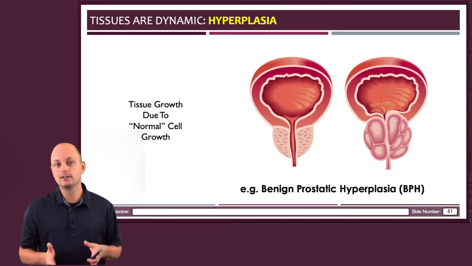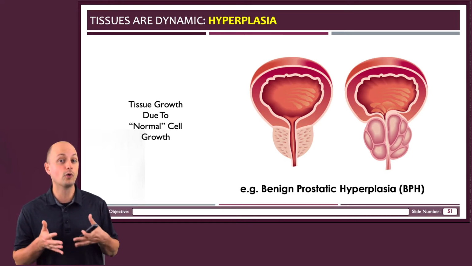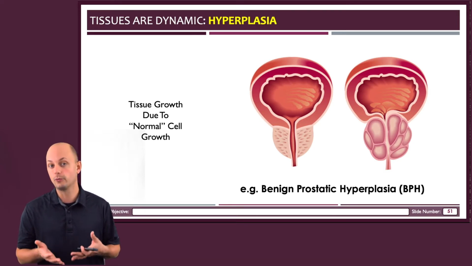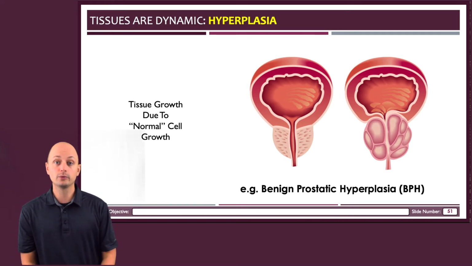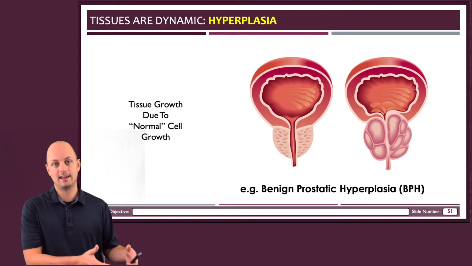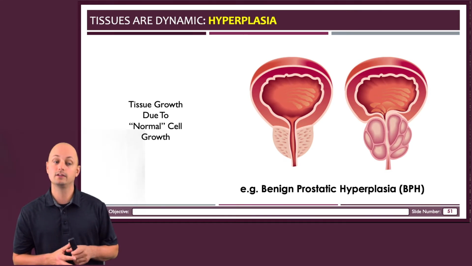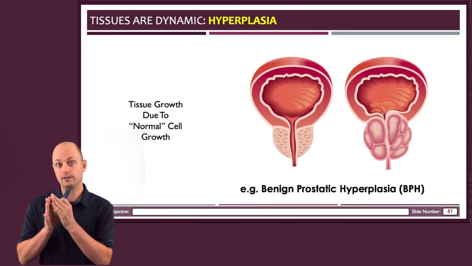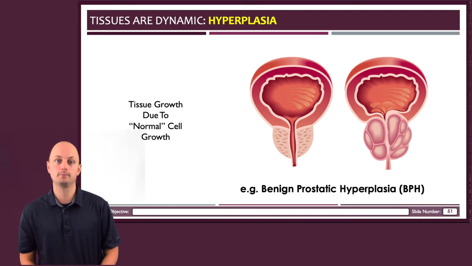It's important to mention that in this case of hyperplasia, the tissues are growing through normal mechanisms and normal growth pathways that are just being activated a little bit more frequently. In other words, hyperplasia is not cancer. In fact, maybe a better example of hyperplasia would be the calluses that you develop on your fingers if you play certain sports or musical instruments instead.